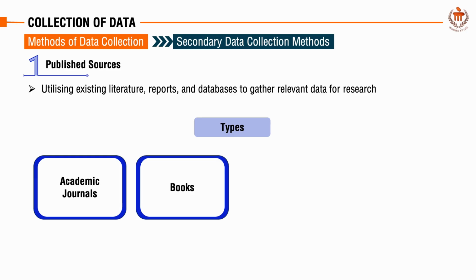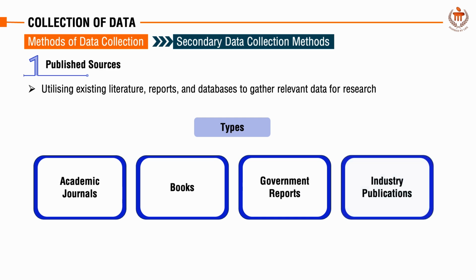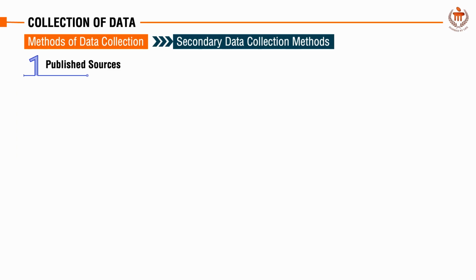Books provide comprehensive studies on specific topics, offering in-depth exploration and historical perspective. Government reports present official statistics, policy analysis, and other data critical for social, economic, or policy research. Industry publications give insights into trends, market analysis, and sector specific information, which is valuable for business and economic research. Talking about published sources, the process of using these sources involves clearly defining research objectives to focus the search